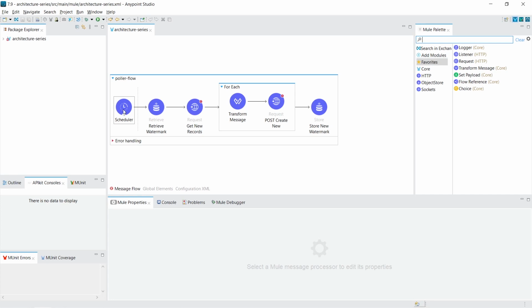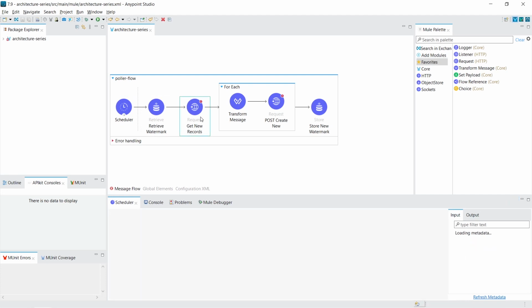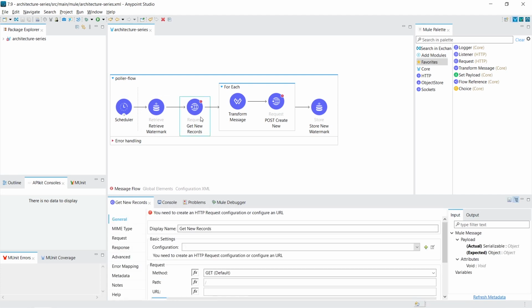However, if it's coming throughout the day, what you could do is have a longer time period scheduler, but then you're going to get more records. Or if you want, you can have a short time window. You'll get fewer records per invocation, but you'll be using less memory and fewer threads to get through it. So the poller triggers, and then you need to make an outbound request to get the records from the source